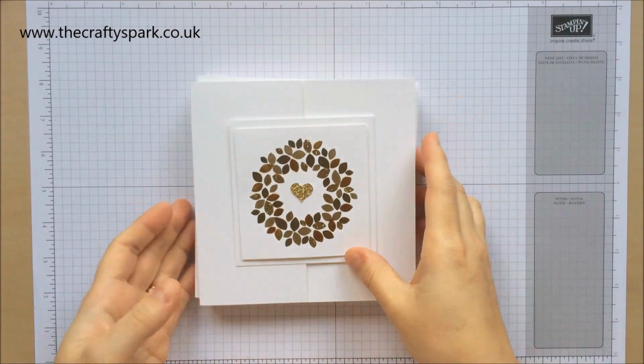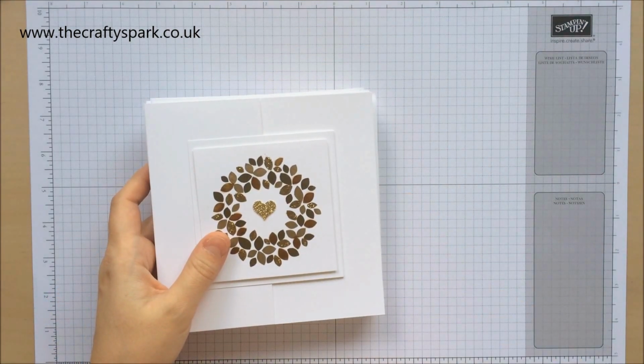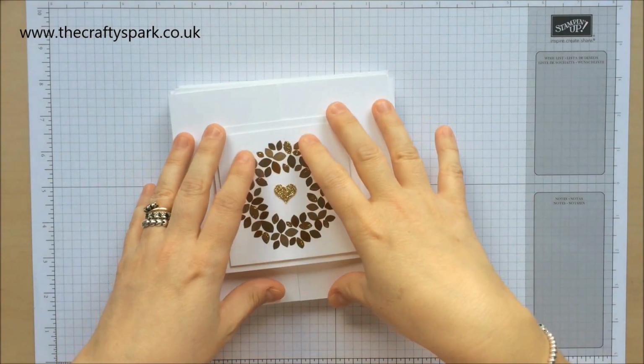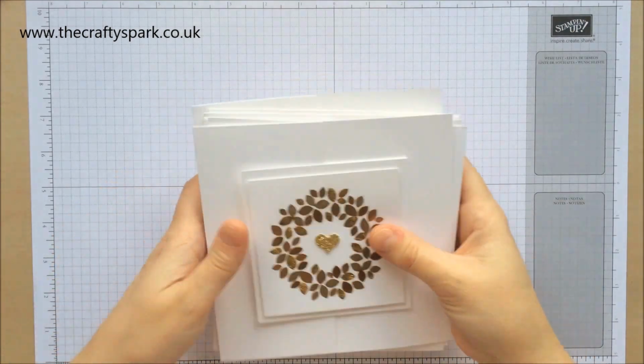Right, what I'm going to do, as you can see, I've already made a stack of these. I'm actually going to show you how to make the cards first, and then we're going to look at how to actually make the box. All right, so let's